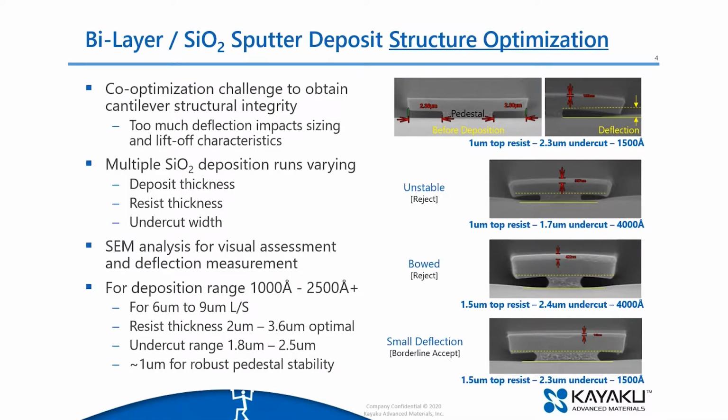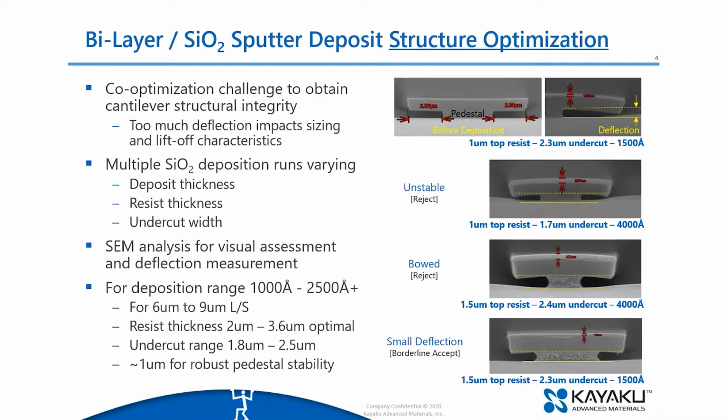However, in the case of a sputter deposition, where you have a lot more ion bombardment, you can see that simply 1500 angstrom deposits of silicon dioxide cause a significant amount of deflection of the beam, or the top side resist on the bilayer structure. So initially we had to go about quantifying what the interactive variables were, which seemed more or less sensitive at different deposition thickness points,